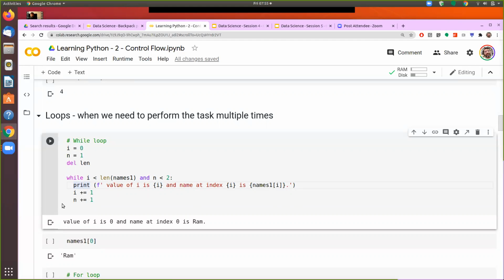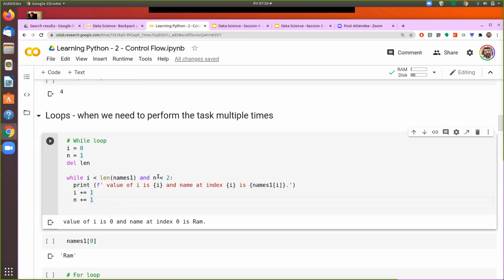Then it goes with these values and evaluates the while condition once again, and then it sees that I is less than 4. The value of I is 1, and that is less than 4. So this part is true. But n has become 2, and my condition is n is less than 2. So this part becomes false. So true and false combines to false. And since the condition after while has become false, now it will not execute.